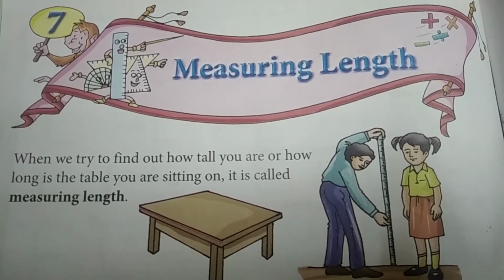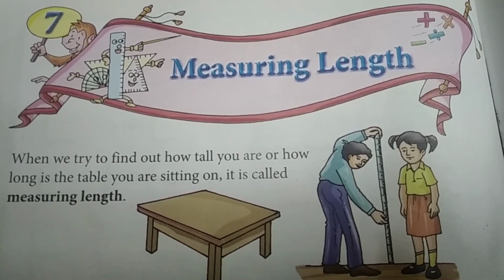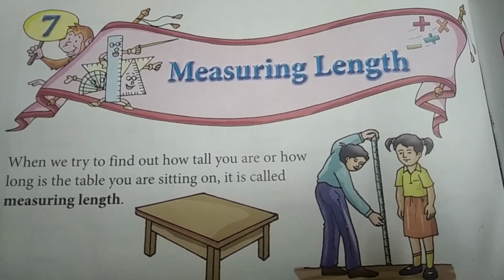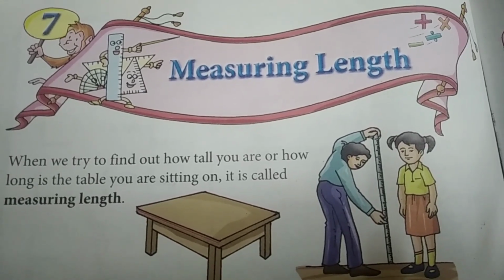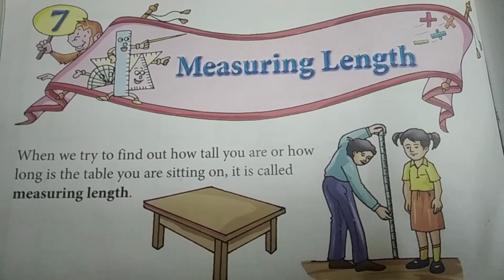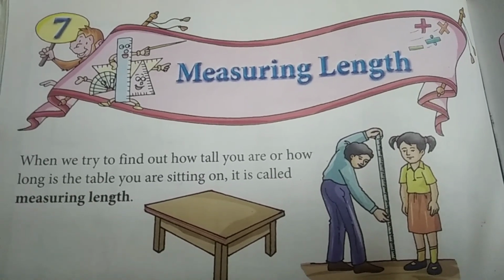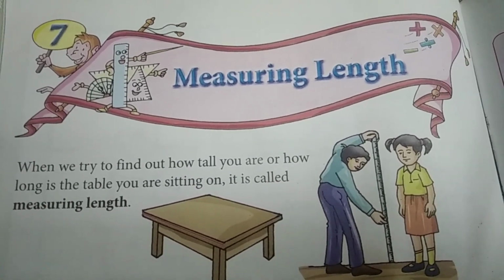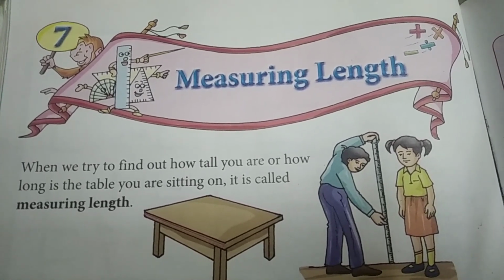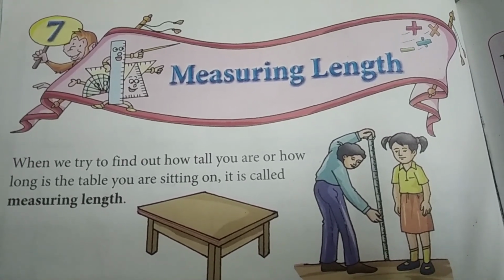So children, in our lesson 7, we have discussed length, weight and capacity, right? We have covered three topics in this lesson: measuring length, weight, and capacity. So length means what? Yes, that is measuring the size. And weight means what? How heavy a particular thing is, we have learned, right? Next is the capacity. That means how much a container can hold, right? That is the capacity. And we have also learnt about different standard units.